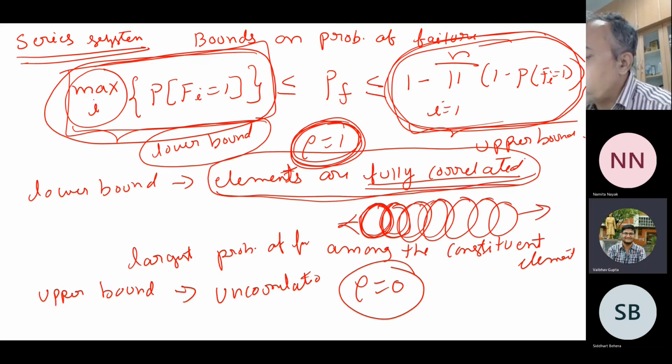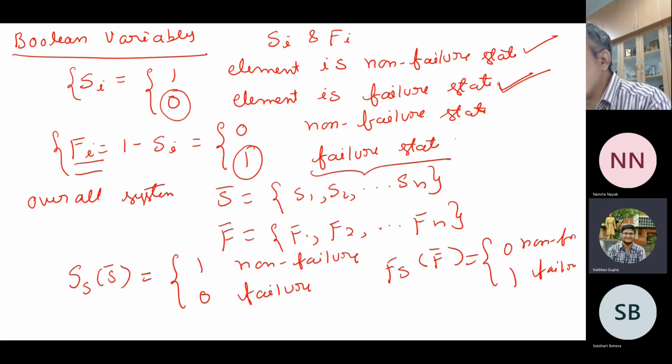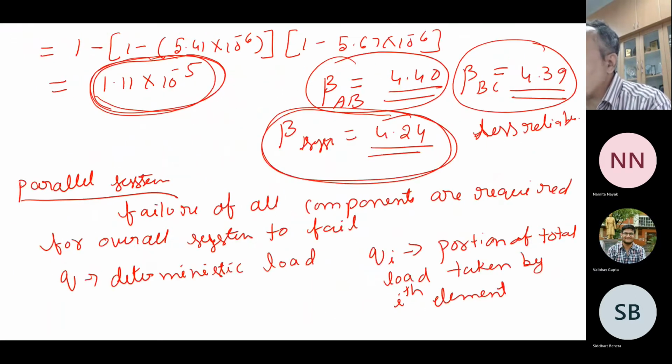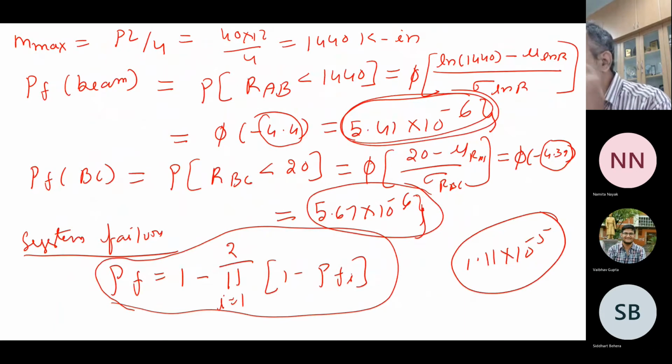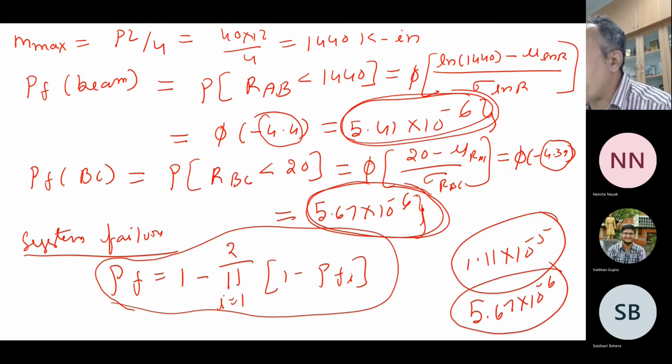They have to be fully correlated. Fully correlated. So now if they are fully correlated, what can you do? The lowest bound should be the maximum of this. Maximum is 5.41, that is beam and BC. So the maximum you can do is make it 5.67 into 10 to the power of minus 6. This you can make it, but provided you have to make the things...